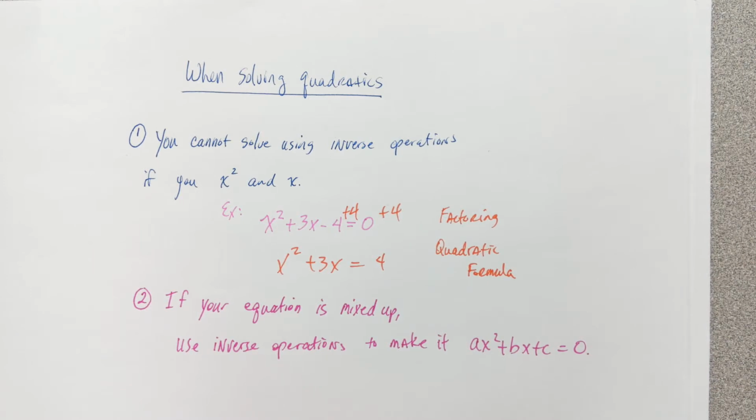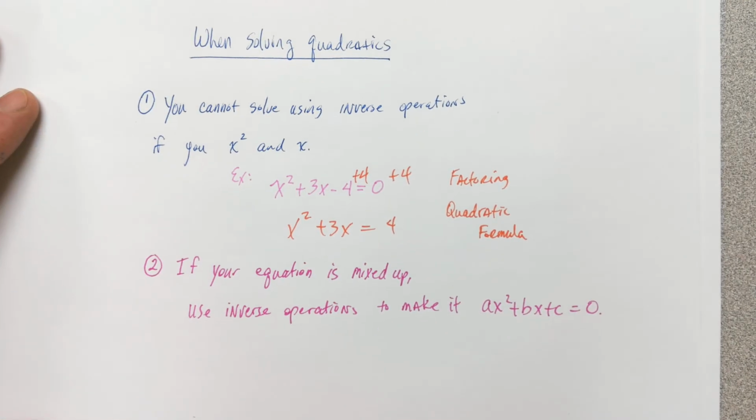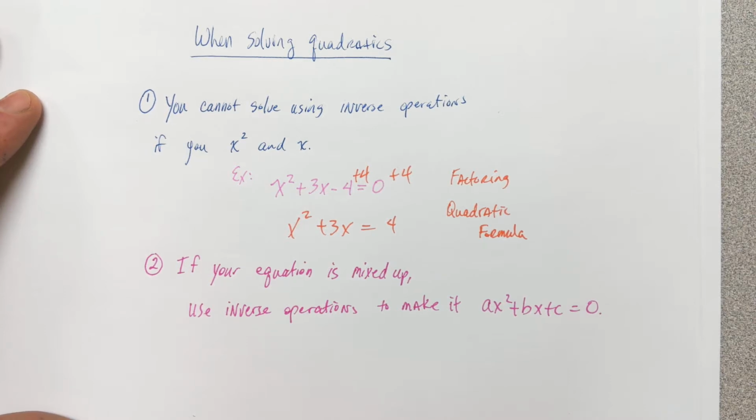I know, right? So if you have something like that, you got to do some math to make it right. So let's see an example of that. Your book has a bunch of these. Let's say we had